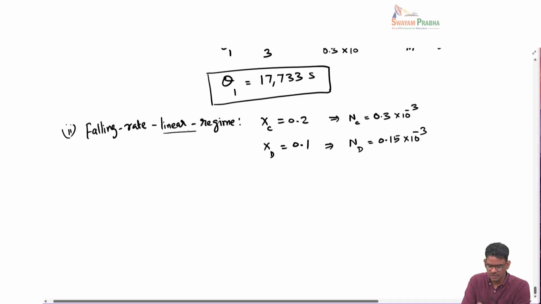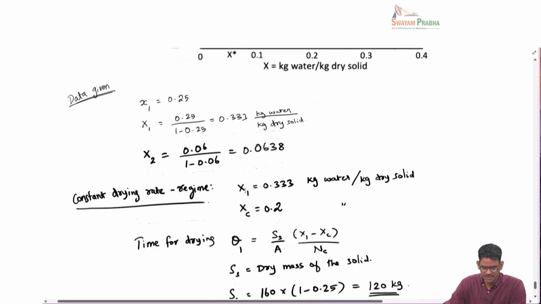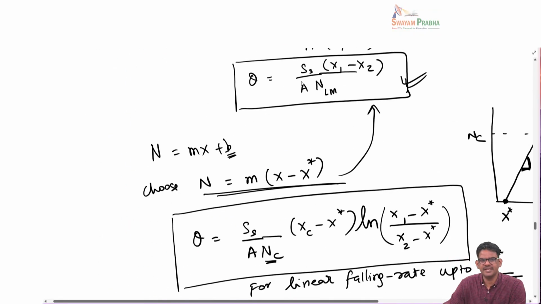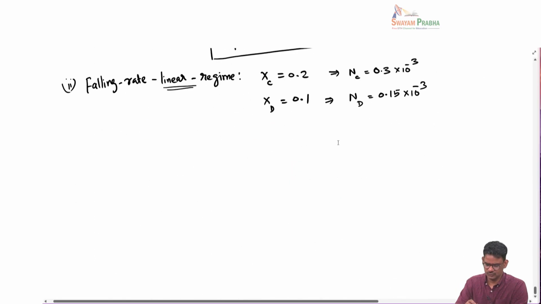We have seen that for the linear falling rate drying regime, we can use the formula that we derived before. It's basically the same formula as for the constant drying rate, except that this n has to be a log mean difference of the two n values at the two end points. So we are going to just replace the constant drying rate with the logarithmic mean difference. So theta 2